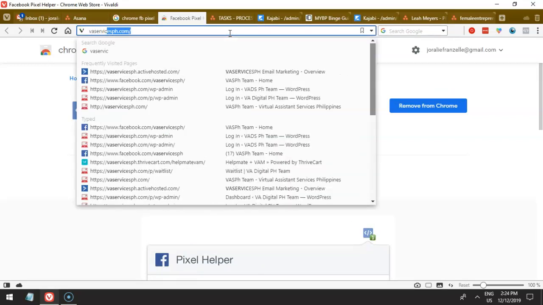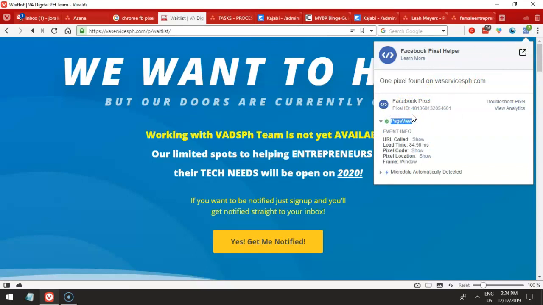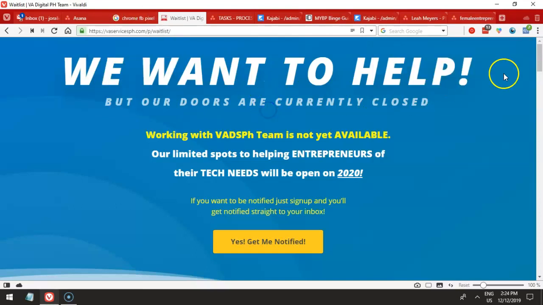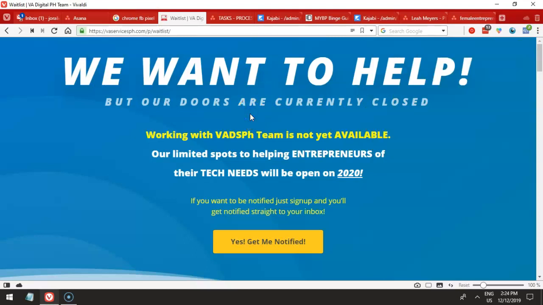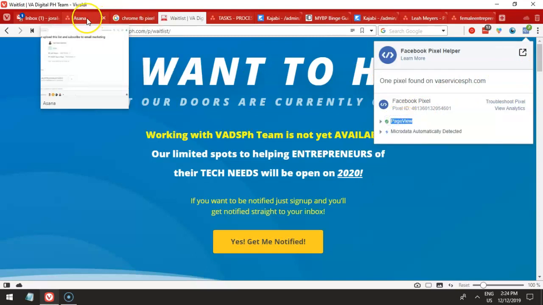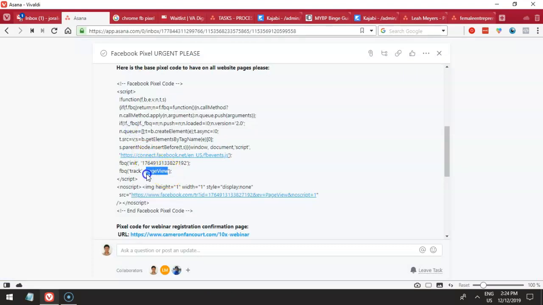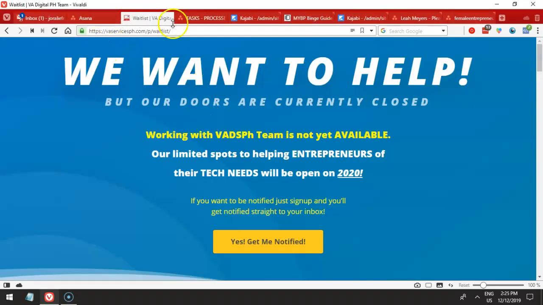So for example, I'm gonna go to our website. You'll notice that we have a Facebook Pixel installed in our page. You'll see that it will turn blue, and you will notice that there is a Pixel ID and the Pixel event that has been tracked, its page view. So that's what you have here. So basically, it also differs on the page that you're working on, kung ano yung event na i-install mo. In this case, it's page view, and in this task here, it's also a page view. But some of the pixel code or some of the pages, for example, the thank you page, you might have a different